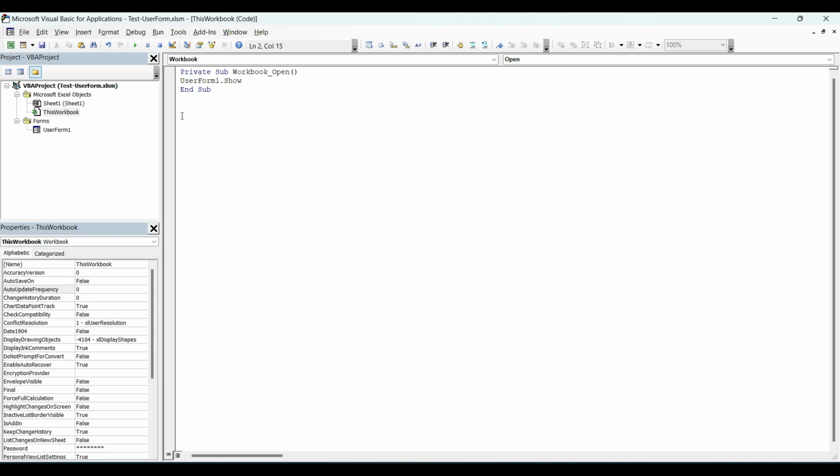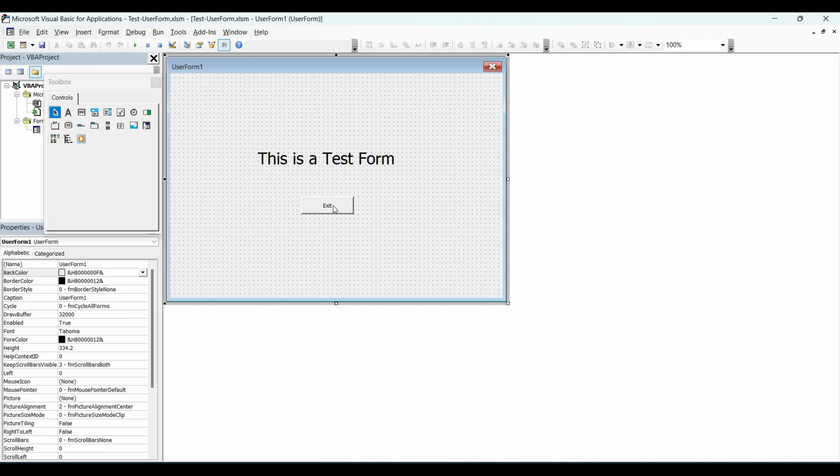So these are the three lines we need to write. First of all, we need to open the form whenever the workbook is open, and we are going to use this exit button to exit the window, and not allow this close. So we are done with this.